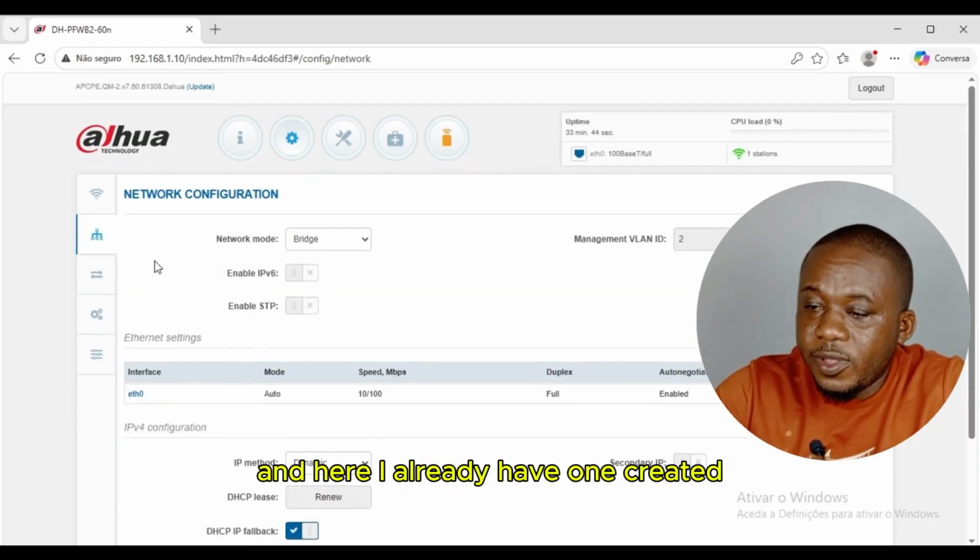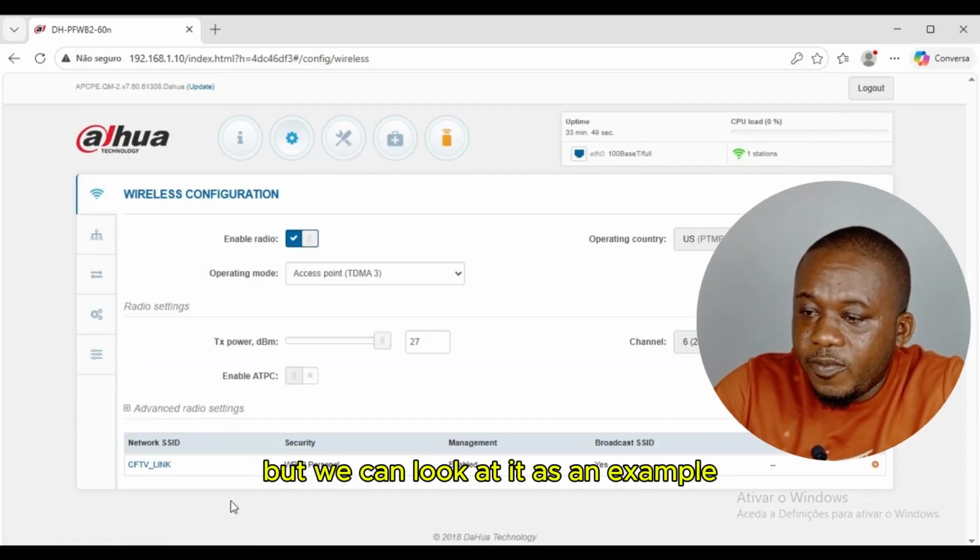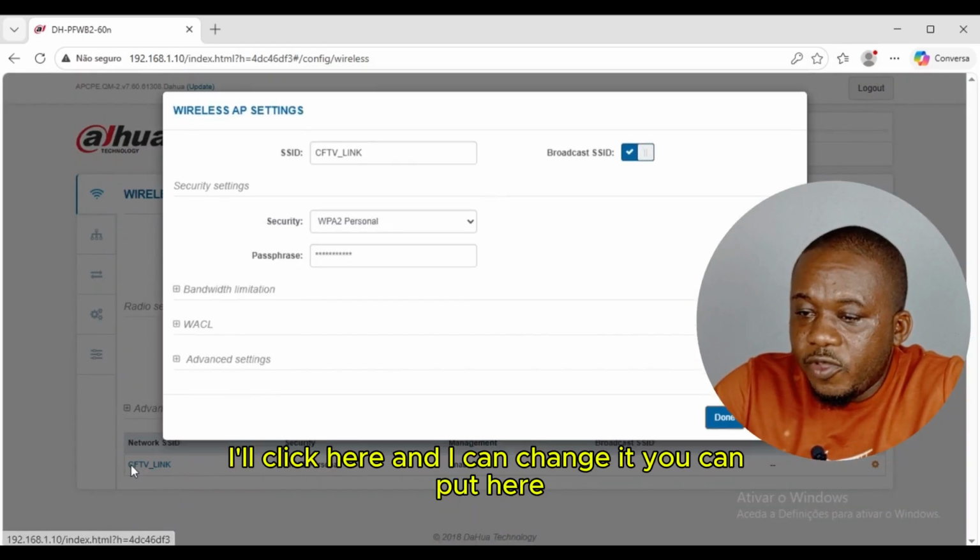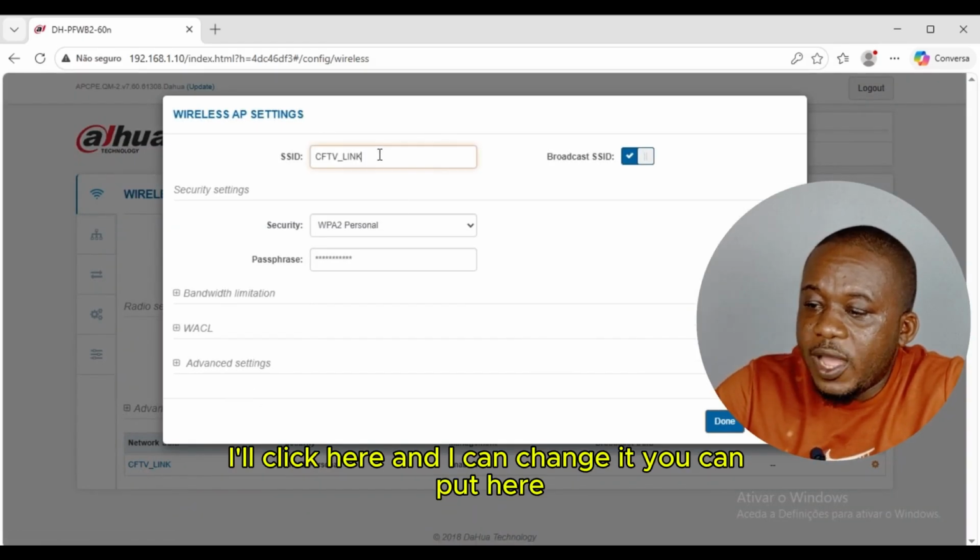And here I already have one created, but we can look at it as an example. I'll click here and I can change it. You can put here